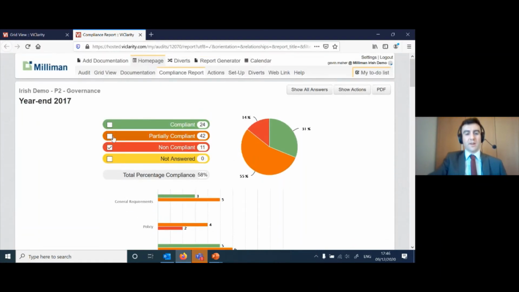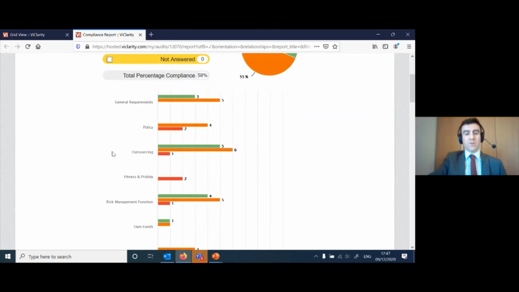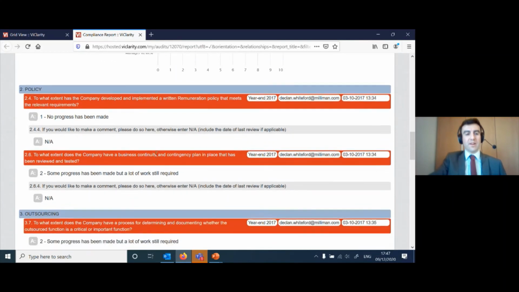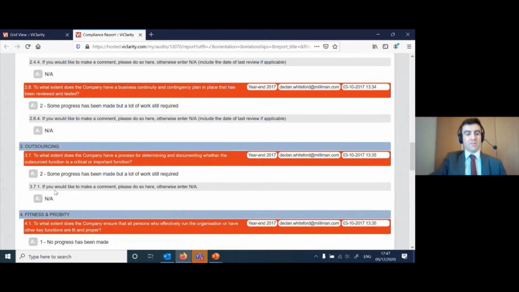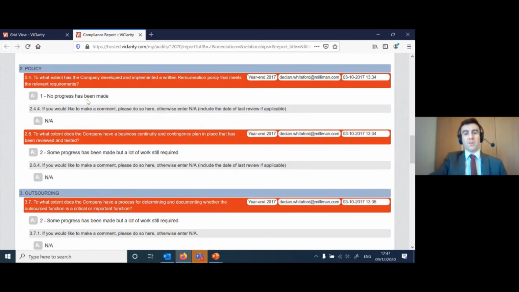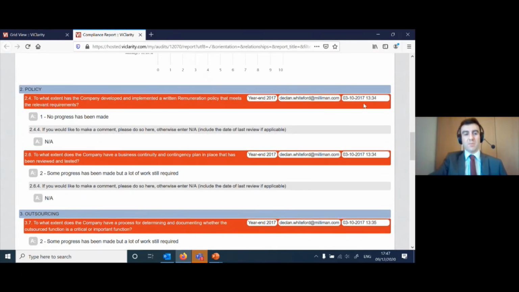So you can tick here which questions you want to be shown in the report. So if you want all the questions, you can press this, show all answers. And then if you want a more limited view, if you just want to show your red answers, you can keep that one ticked like I've done there. And then when you scroll below the charts, those questions that you've chosen to include are here, and the comments that you have are also flagged up. So like Patrick said, it's really useful to get people to put detailed comments in here, because if you see an NA like that, it doesn't give you a lot of context, but the report also shows who answered those questions, the times they were answered, and everything.